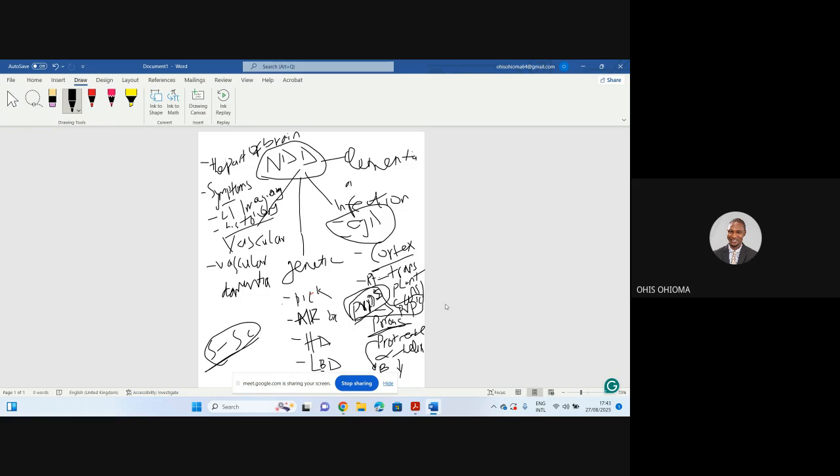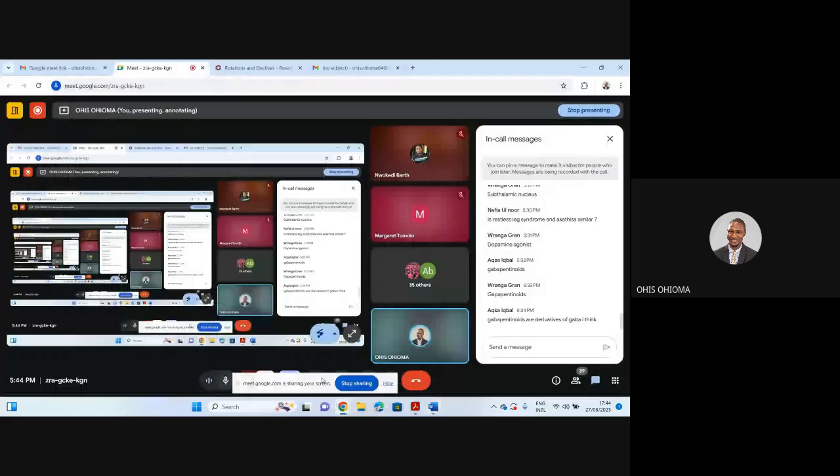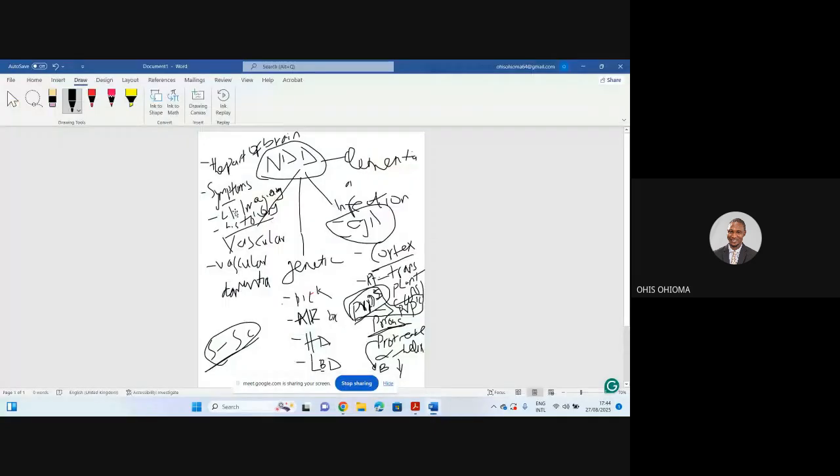But what you need to know for exam purposes is the proteins that are implicated. The proteins that are implicated are called prion proteins. And it's not just any kind of prion protein. They are abnormal prion proteins that actually cause this disorder. Okay? And now the next thing we need to ask ourselves is, what are the symptoms? What do these patients present with?